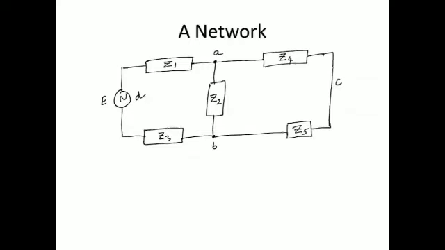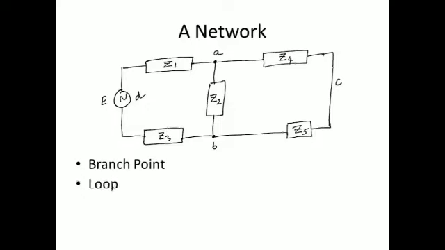Now the figure that you see on your screen is that of a typical network, and we will do a few more important terms related to a network. The first term is the branch point. A branch point is also known as a junction or a node. A branch point in a network is a point where three or more conductors are joined. For example, the points A and B in the given network are examples of branch points.